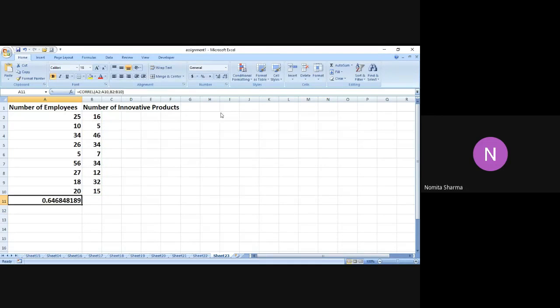Now, if I reduce the numbers after the decimal point, I will get this. Let me have this at 0.65. So the correlation for these two variables, the number of employees and the number of innovative products, is coming on a fair side, which is 0.65. It does say that a company with more employees will indeed have more innovative products, because this 0.65 answer is not on the lower side, but it's neither on a very high side. If this answer had been 1, or maybe 0.9 or 0.8, then